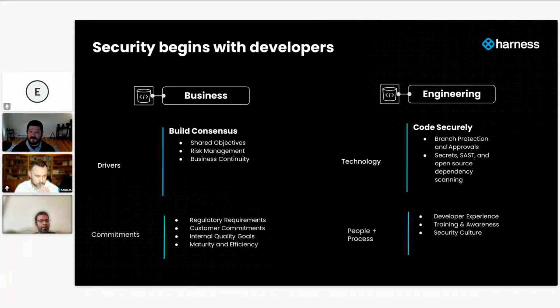I think one of the ways that we can do that is by establishing a strong security culture that includes training and awareness specific to developers in their context, applicable to their technologies. And I really think that bringing visibility to security and to the paved road, the easy path towards security, is a great way to contribute to the overall developer experience. I'm curious, Pranav and Luke, developer experience is one of the things we talk a lot about at Harness. We think about it a lot as an organization. What are some of the learnings from the field that you've seen with regard to developer experience and security?